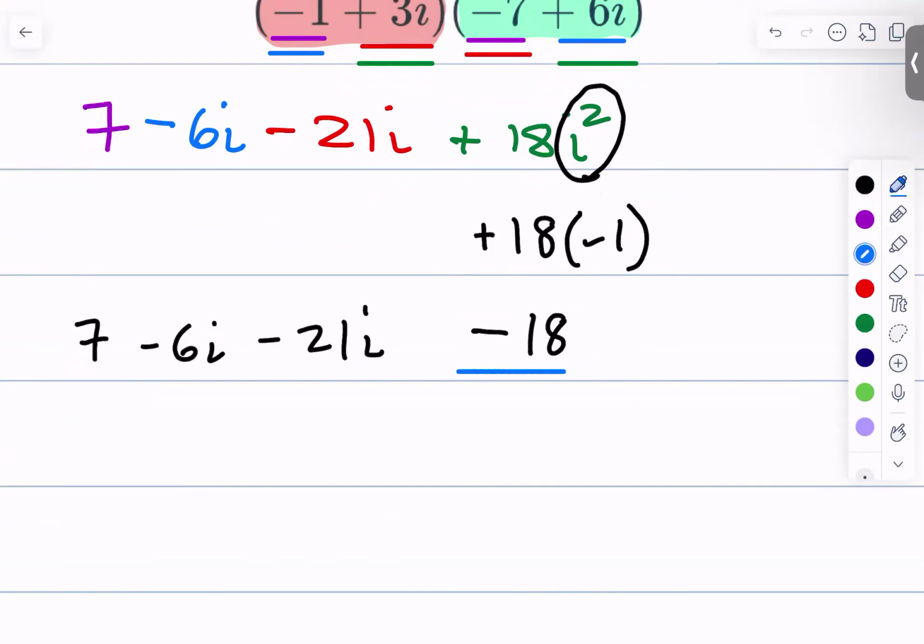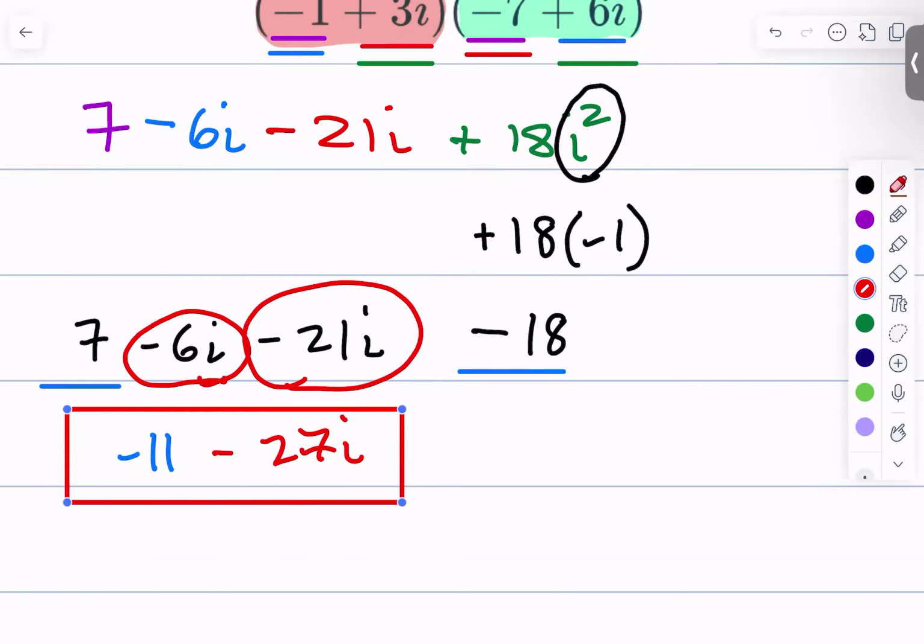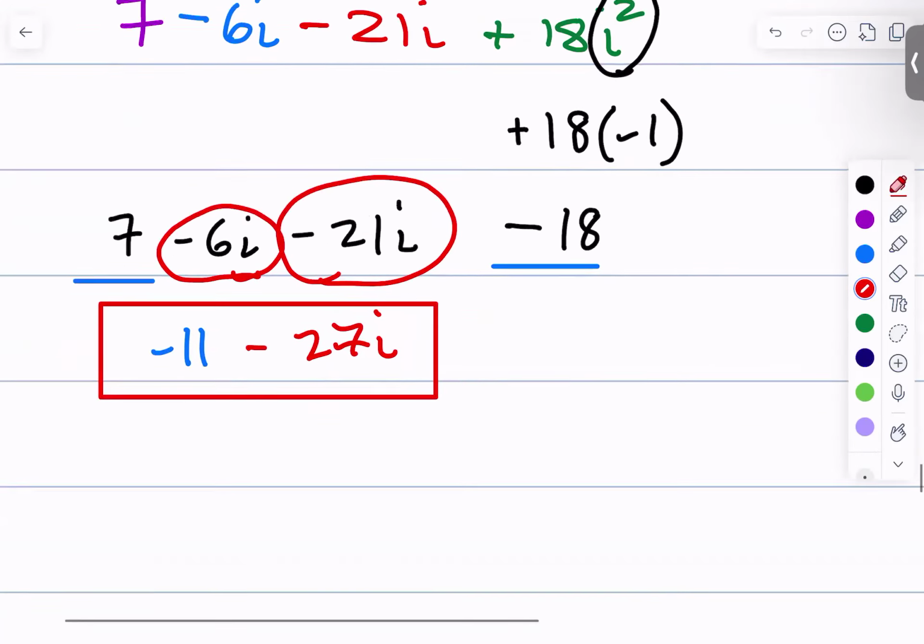Right? -18 plus 7, that's -11. And then 6i, -6i minus 21i, that's -27i. And your answer becomes a complex number. Okay? Questions on that? No? Okay. This next example